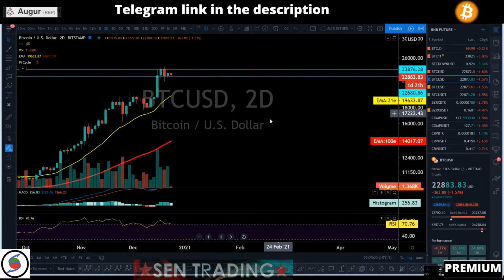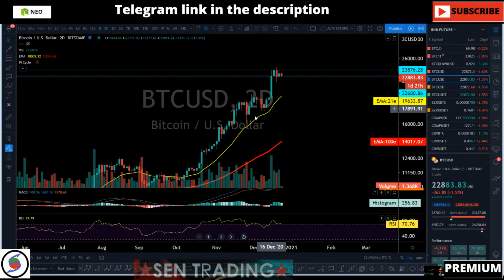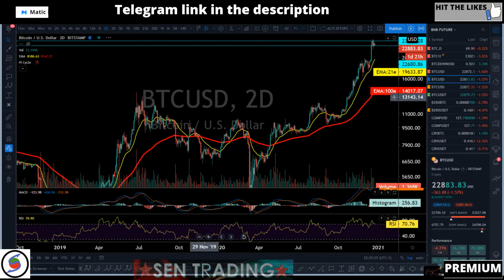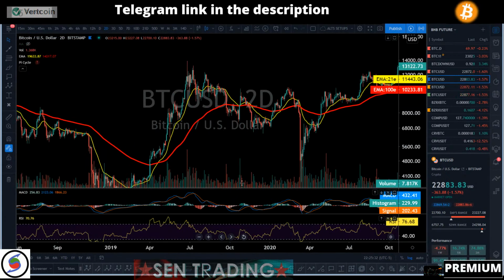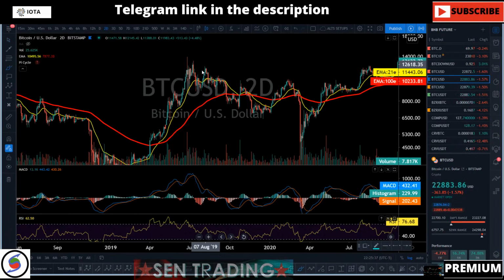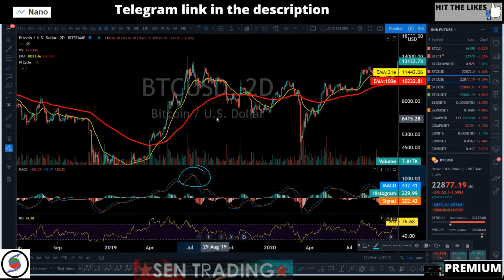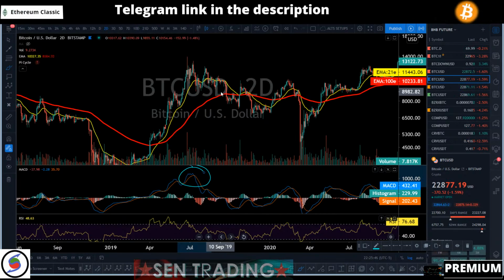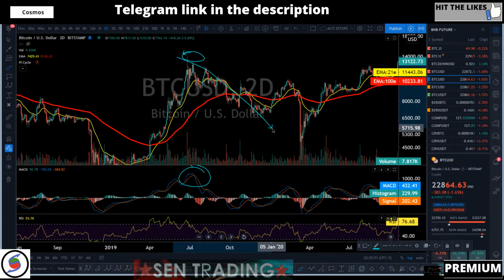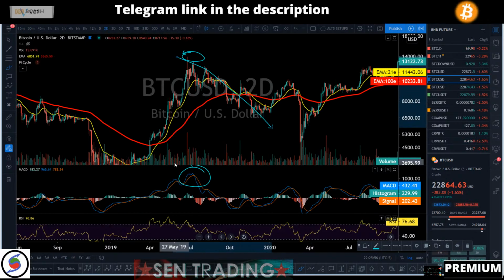So one of the best reversal patterns for BTC is when you get price below your 2-day 21 EMA and MACD already crossing bearish. That's one of the most efficient BTC top formations. You're not going to catch the top, you're not looking to catch the top. You're just looking to see if the market is going to be reversing. That's all you need to know. That's all it is telling you.